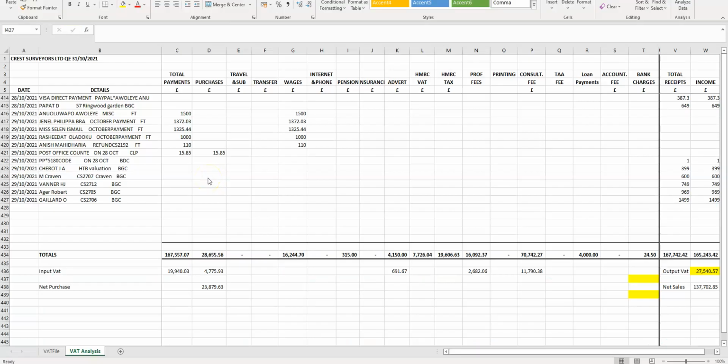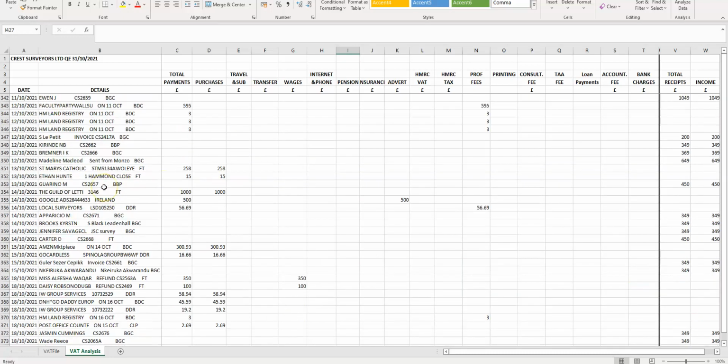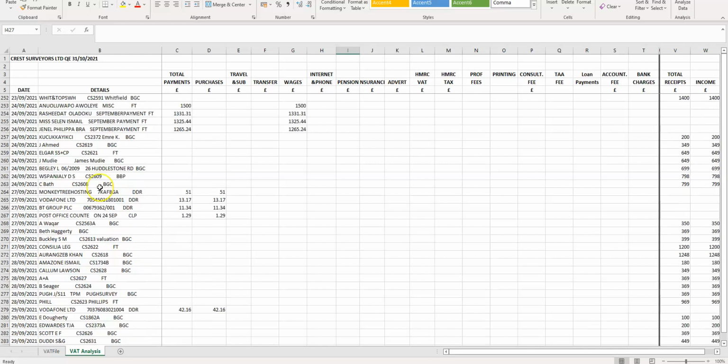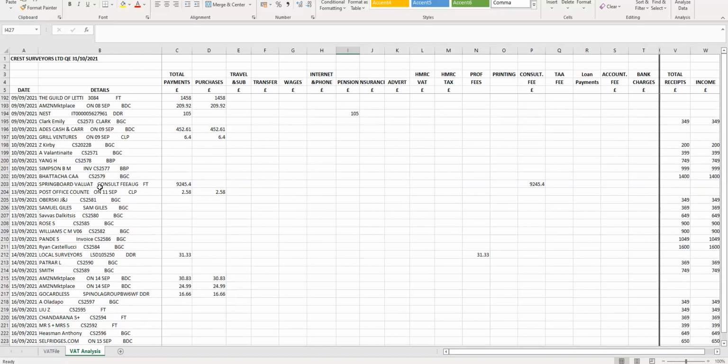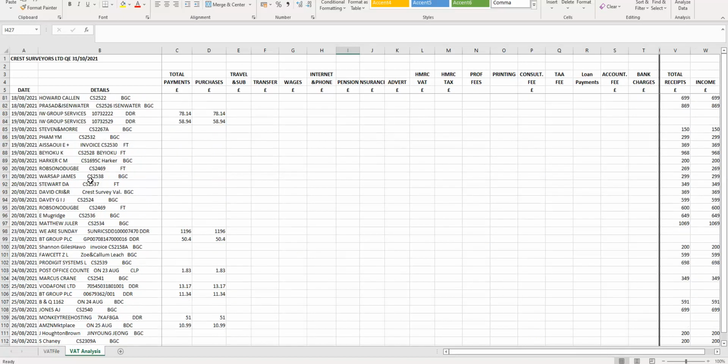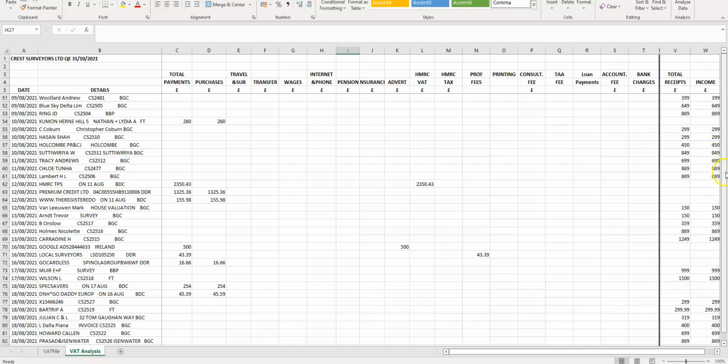So when a client comes to you, the first thing you ask the client for is the bank statement, and the bank statement will be for the whole quarter. If the client submits VAT on a quarterly basis, that is very normal. 99% of companies submit VAT quarterly. So what we need to do is look at the client's bank statement, and from the bank statement